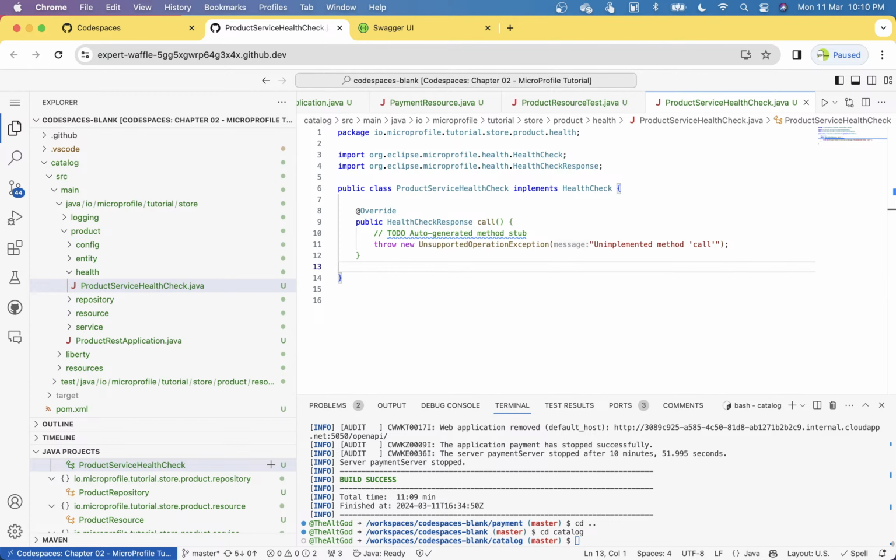So we need to implement this call method. The way we can implement is